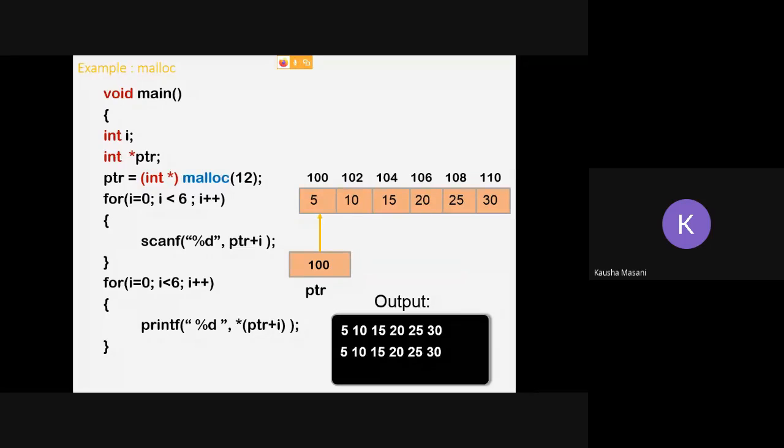If you can see, this program is static. I'm not taking the size from the user. I am the programmer and I'm directly giving the size 12. That part, Tushar, I'm coming to in the next part once you finish this code.